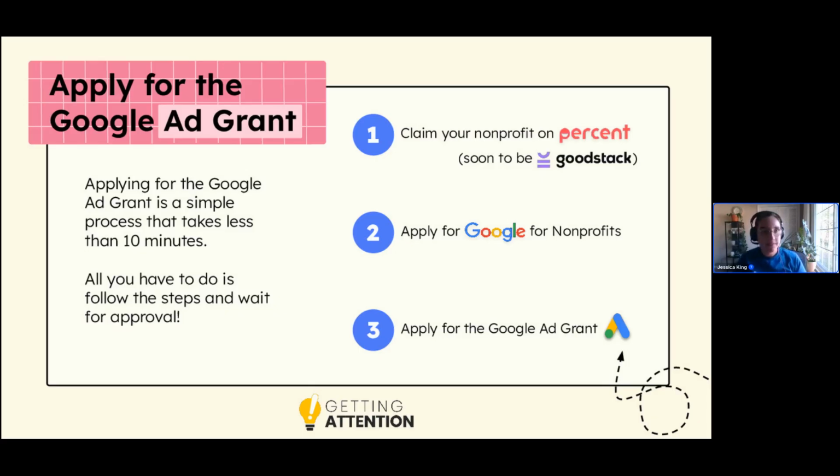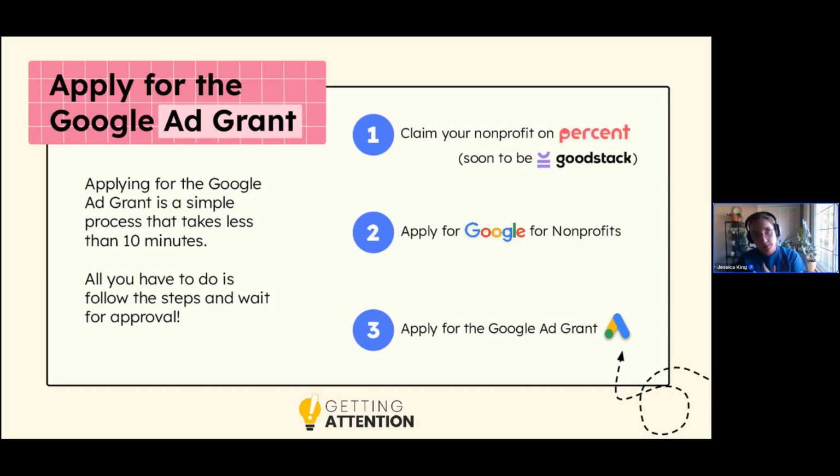So again, same thing. We're looking for a confirmation email. Make sure you got that. If you didn't get that, your application may just not have gone through. But once you get that confirmation email, then you're waiting for an approval email. So again, usually 1 to 3 business days, can be up to 2 weeks. And it'll either say, congratulations, you're in the ad grant program. Here's the next steps. And they'll send you a couple of emails about how to get your account set up. Or they'll send you one saying, hey, we have not approved you for the ad grant.